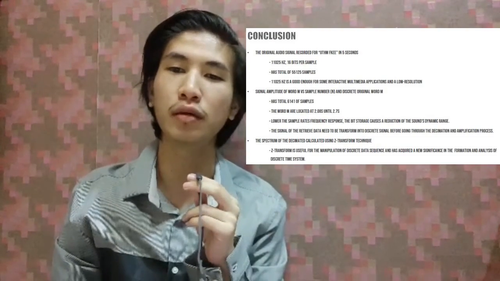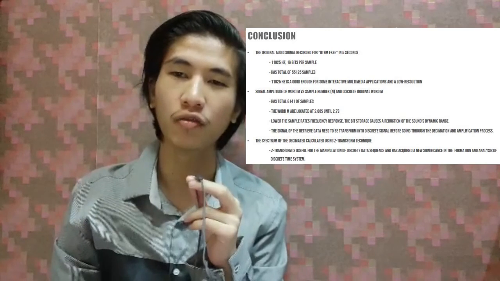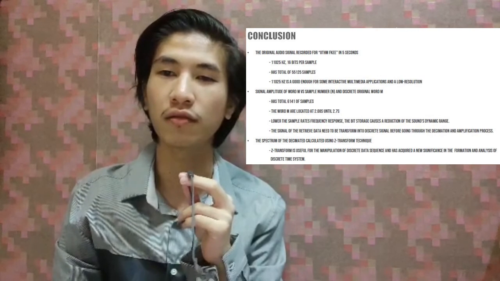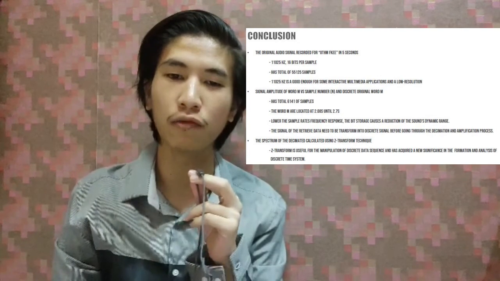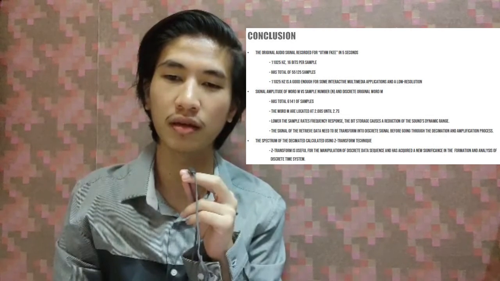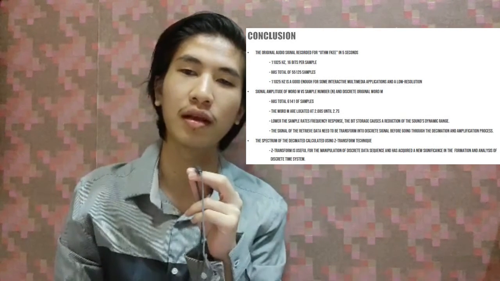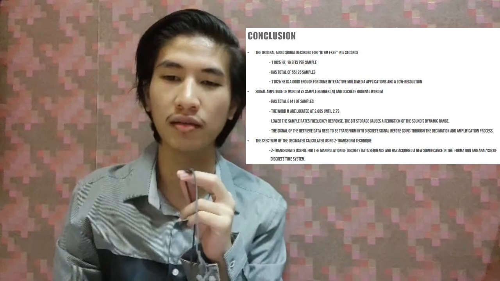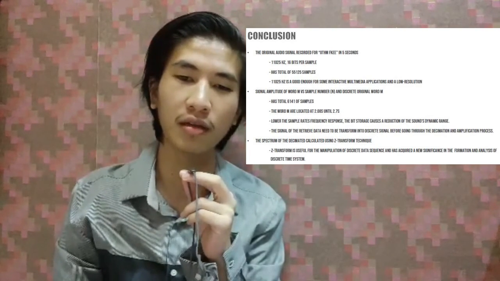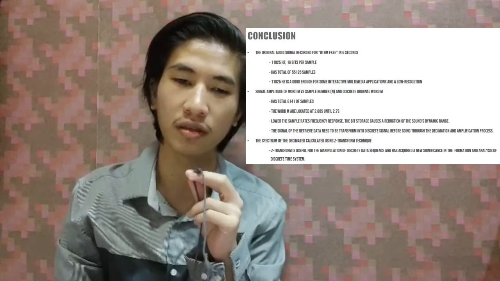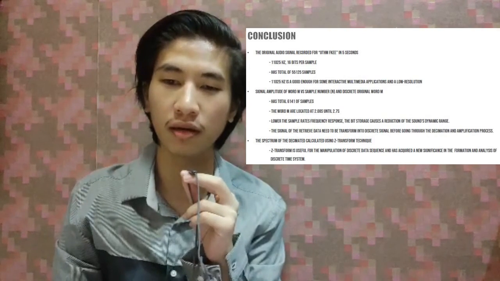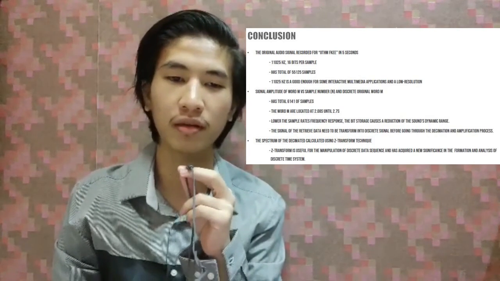So in conclusion, in this project, we are able to record data of the voice saying UTHM FKEE using the MATLAB function audiorecorder. The original audio signal recorded for UTHM FKEE in 5 seconds with sample frequency 11025 Hz is 16 bits per sample, and a total of 55125 samples were obtained by our group. With 11025 Hz, it is good enough for some interactive multimedia applications and a low resolution for quality voice sample rate. Next, our group successfully plotted the signal amplitude of word M versus sample number N